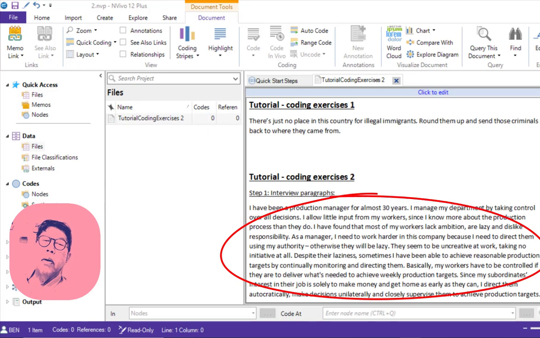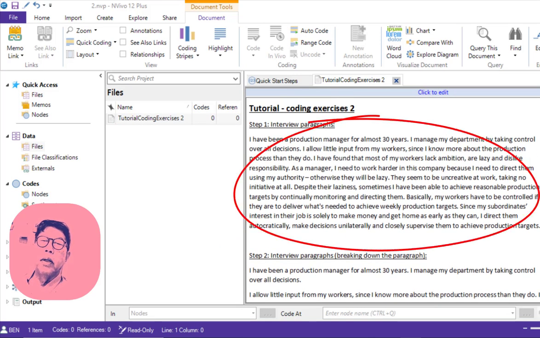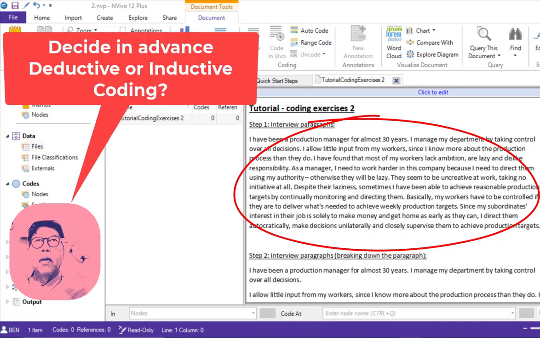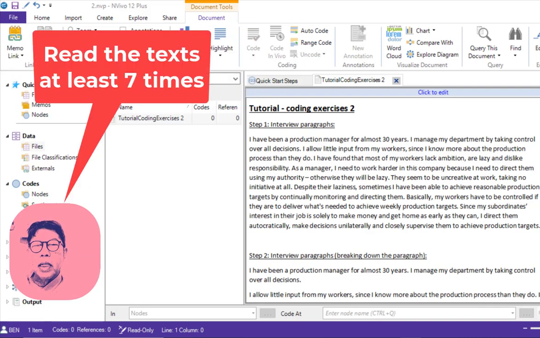So I'd like you to highlight, this is the text that I'd like you to code. You need to decide which coding that you'll be using, deductive coding or inductive. You have to read at least, I explained to you in the theory, at least 7 times. Why 7?